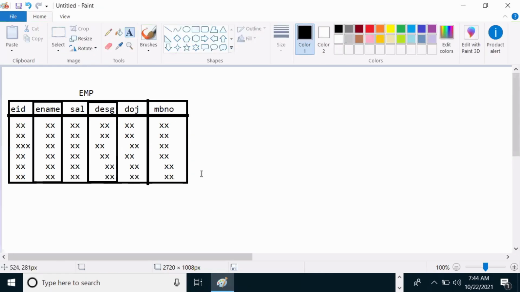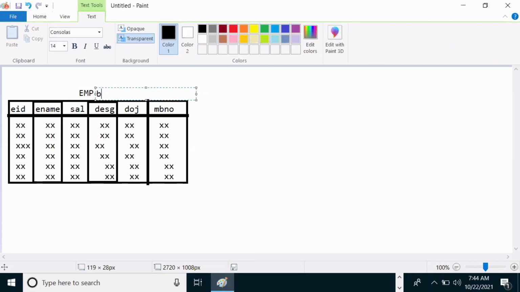This is called a main table or base table. So this is my base table.